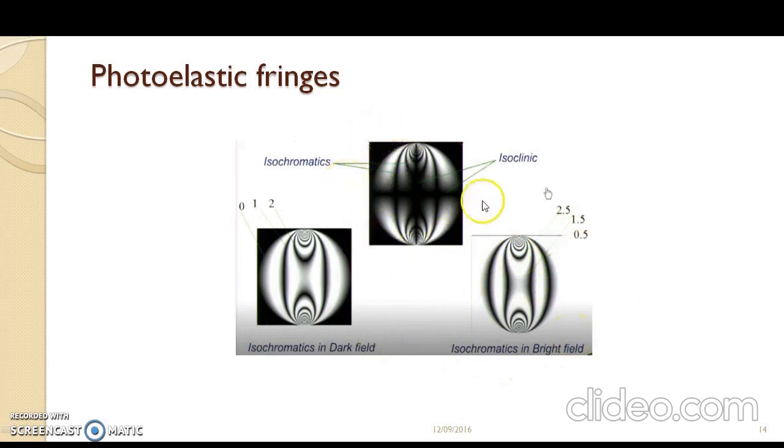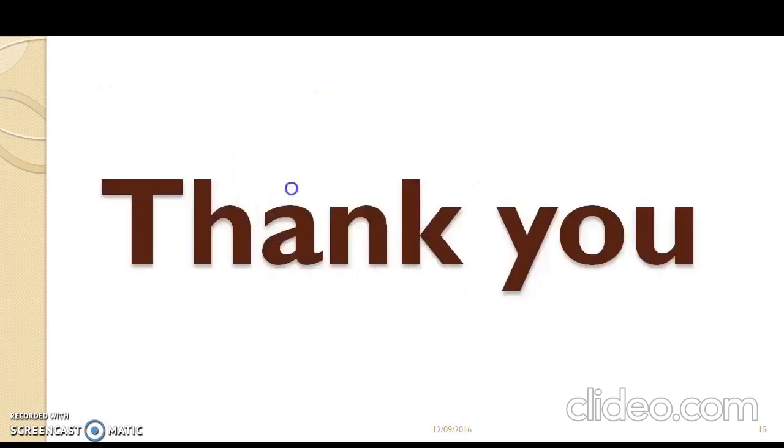Here you can see you have both isoclinics and isochromatics. So isoclinics and isochromatics are overlapped. That means it will be very difficult for you to identify the fringes as well as determine the stress concentration and material fringe value for any given component. So that is the importance of understanding only the isochromatics. These isoclinics give you the details of contours on the principal stresses, but isochromatics give you the direction of the stress or the fringes.